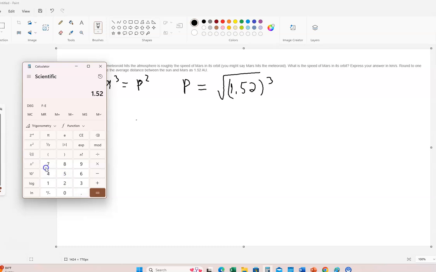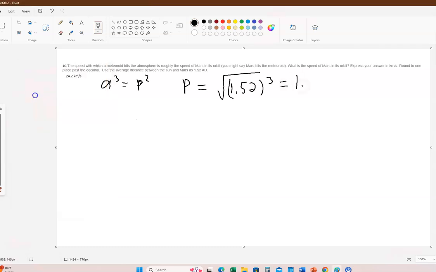All right, so 1.52, raised to the third power, is equal to, so that's that, and then we take the square root of that. So it takes Mars about 1.87. Let's just say 1.87 years. So we have to get that down to seconds, and then the way that we do that, of